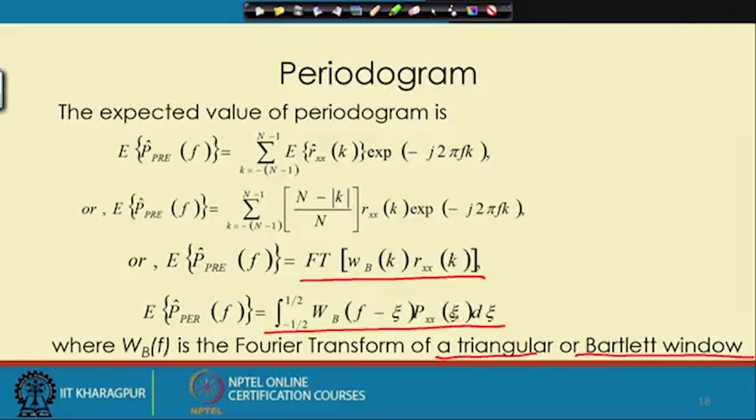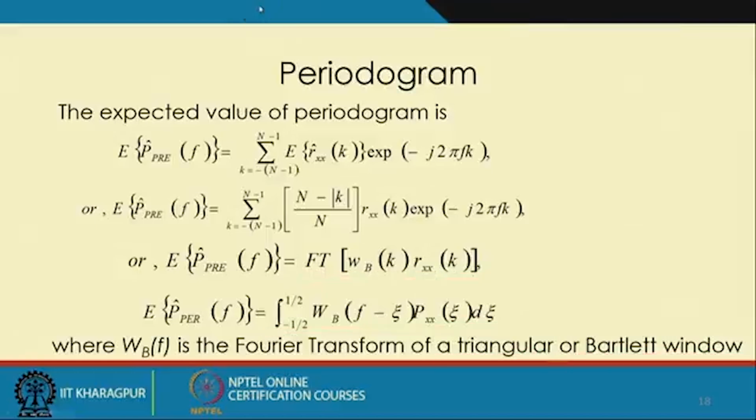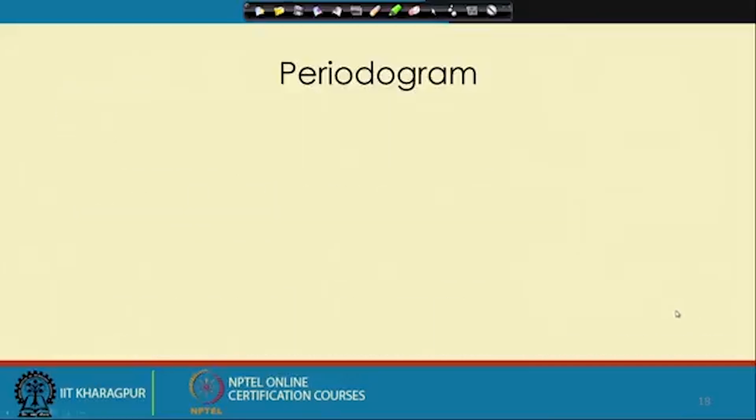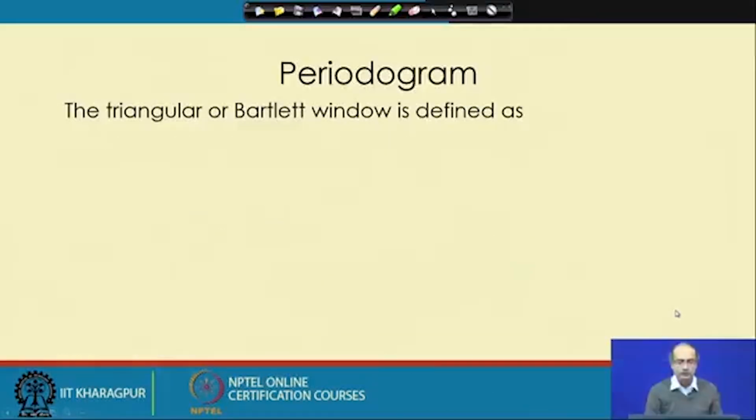So, we can say it is a bit corrupted form of the original thing, but somewhat close to that. It depends on how this function would be. So, this triangular or Bartlett window,